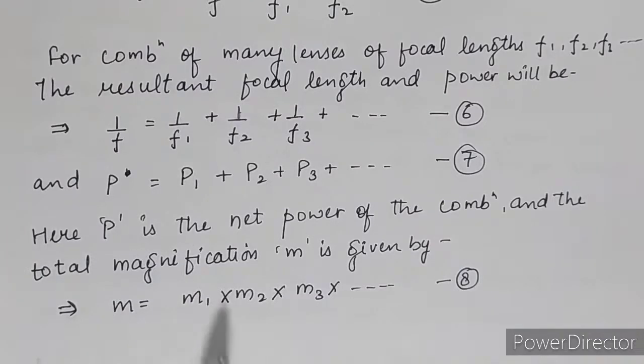Okay. And such combinations which we are studying right now are used in cameras and in the optical microscope, like we have studied in this chapter in the last topic, microscope. There we have taken two lenses, eyepiece and objective lenses. So for that we have used the combinations. Clear beta? So this is about the combination of thin lenses.